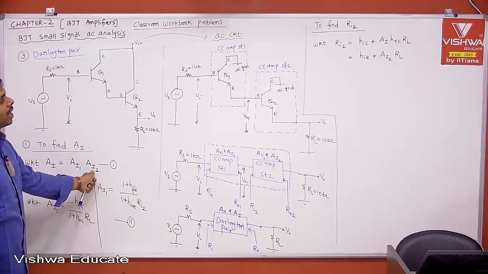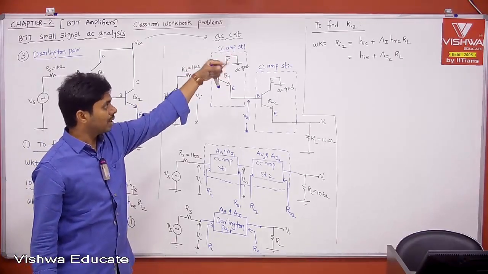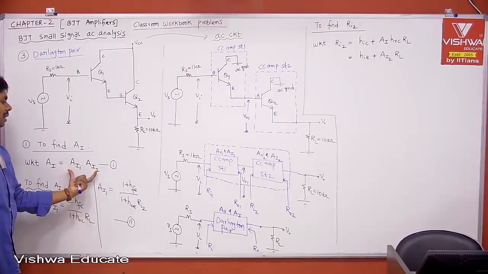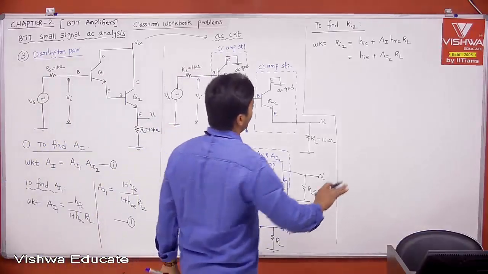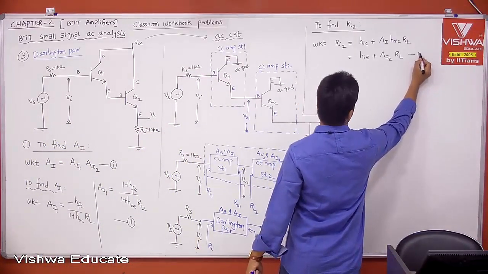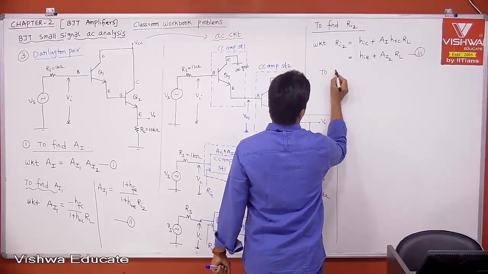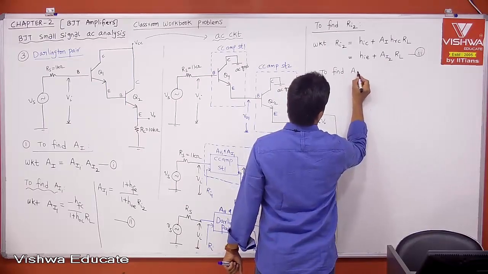Therefore, if you know AI2, here it is done, there it is done, then Ri2 is done. When Ri2 is done, then AI1 is done. Therefore, indirectly we are calculating AI. If you find AI2, I think the AI part will be over. Now, you can call this equation 3. To find AI2,